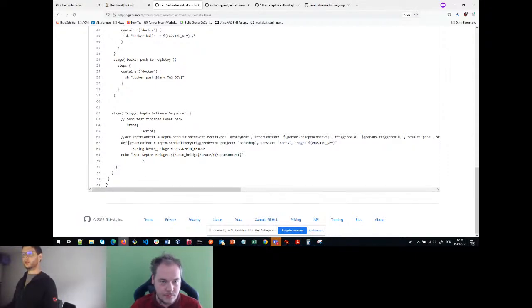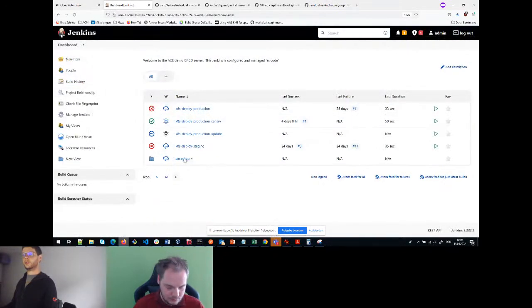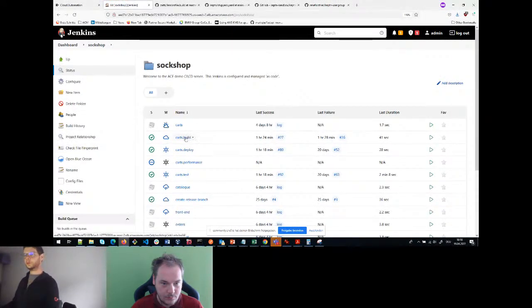So it's quite simple. We send a delivery triggered event. So what we want to do is, for our project sockshop, this is when we will switch to Keptn, we have a service carts, and we will trigger our delivery for the image this pipeline just has built. So if we take a look at Jenkins and take a look at our build pipeline, we have the carts build pipeline,